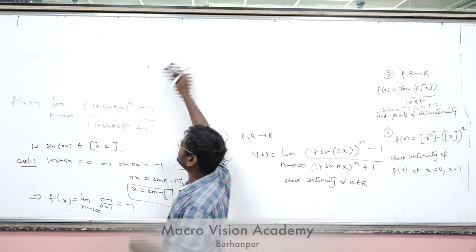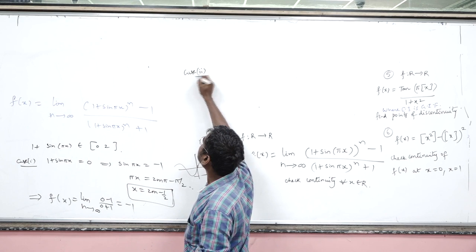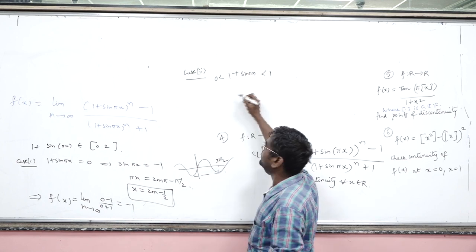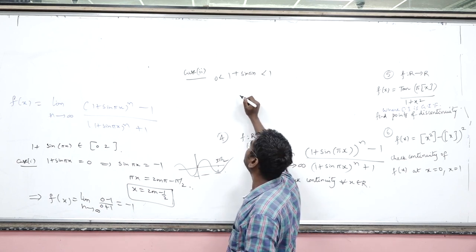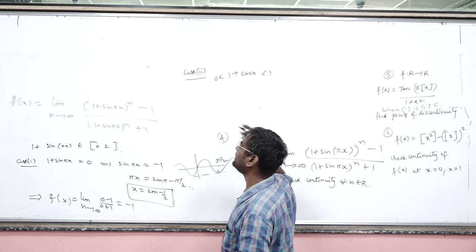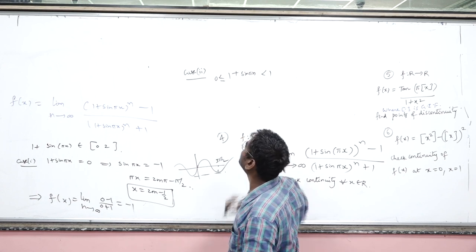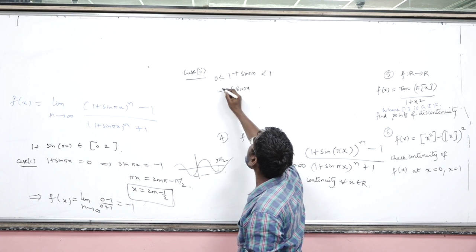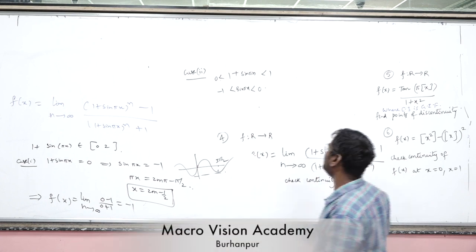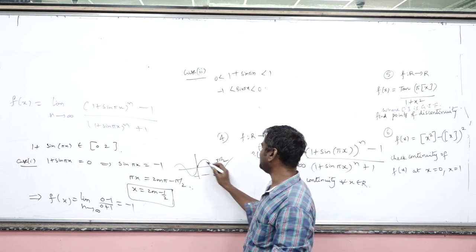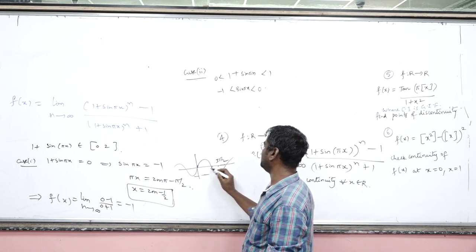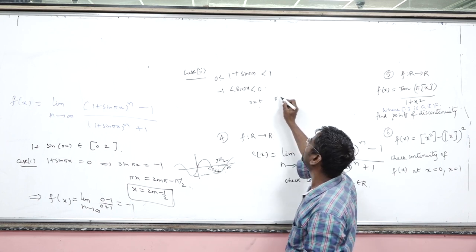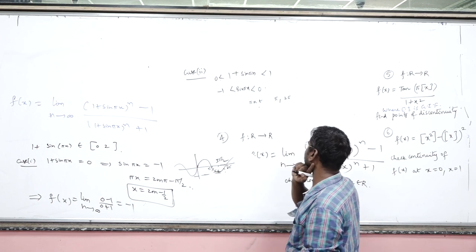Next thing, case 2 is when it lies between 0 and 1. Greater than 0, but again less than 1. So 0 power infinity, in fact both the cases can be combined in a single case, but it's okay. So that means eventually sin pi x should lie between minus 1 to 0. As you can see, we take 0 to 2 pi. So this is minus 1, this is 0. That means this is pi, this is 2 pi. Pi to 2 pi. So pi x belongs to the open interval pi to 2 pi.